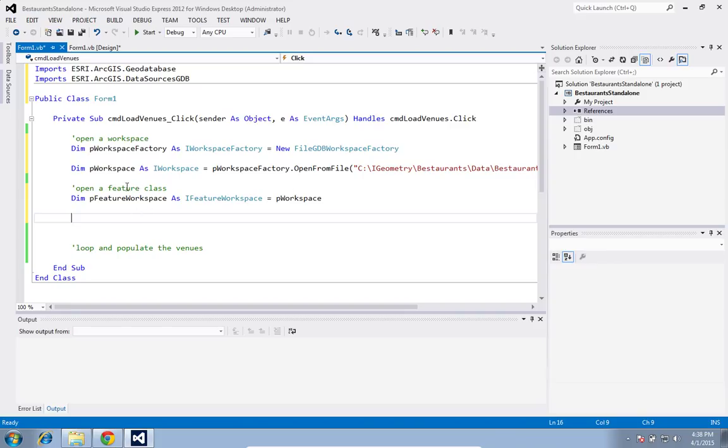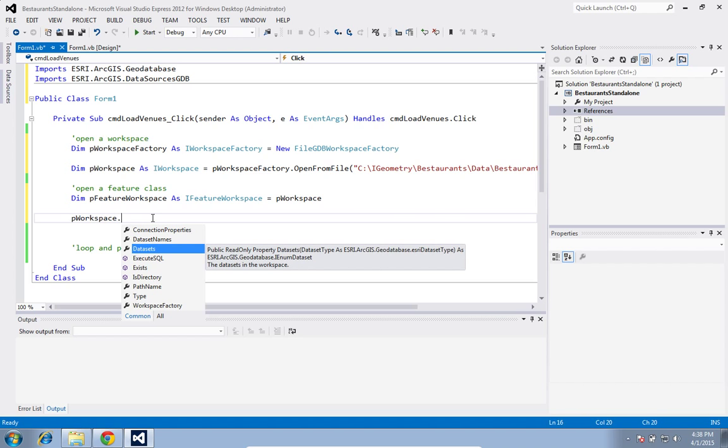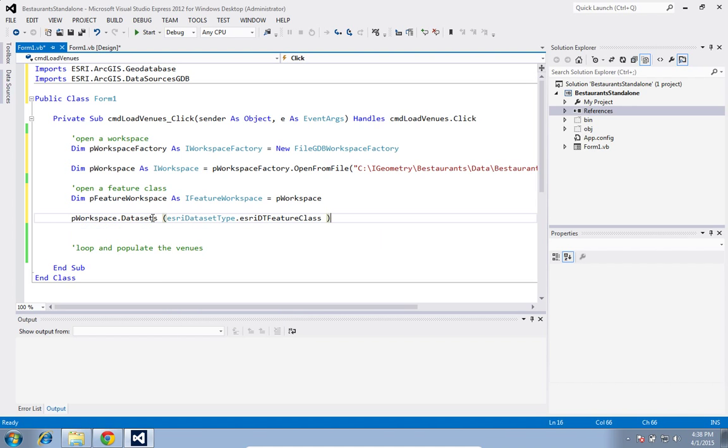So I had access to the workspace, but I didn't know there's something called feature workspace. I need to get a feature class, and I have the name of that feature class. When you go to workspace, there's something called datasets, and this is an enumeration. So you can enum through the feature classes. So what I did is, I looped through